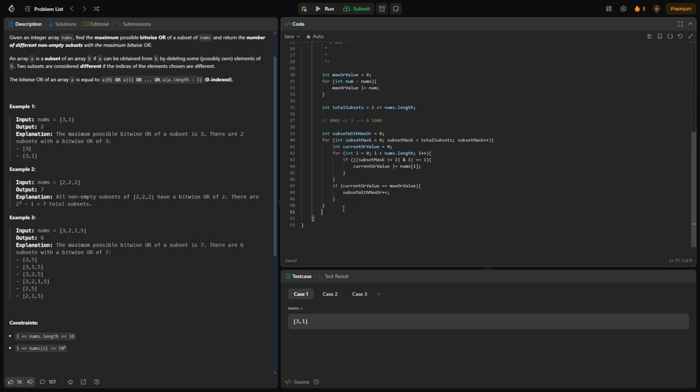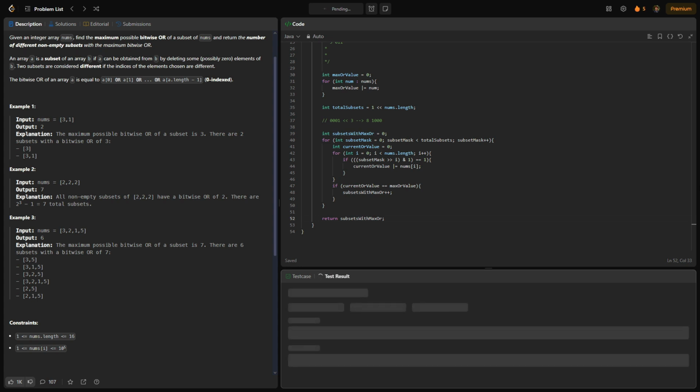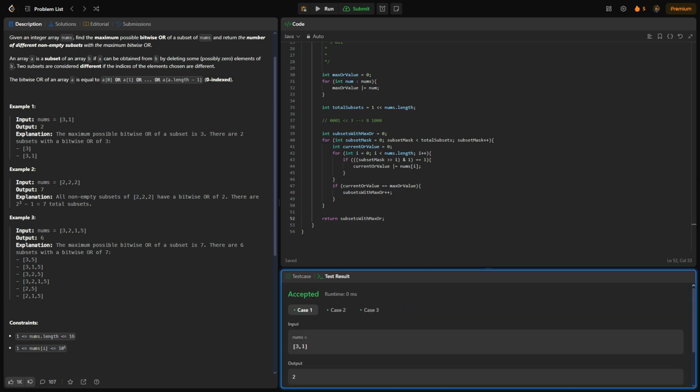Finally, we just have to return our subsetsWithMaxOR. Let me make sure I spelled that right. Subsets. Yep. So finally, we can return the count of the subsets that give us our max OR. So if we run this, it passes our test cases, and if we submit it,